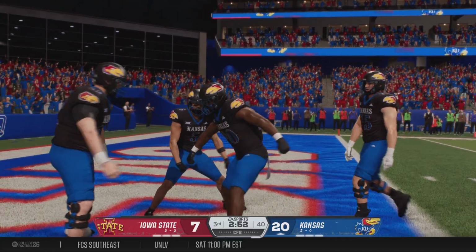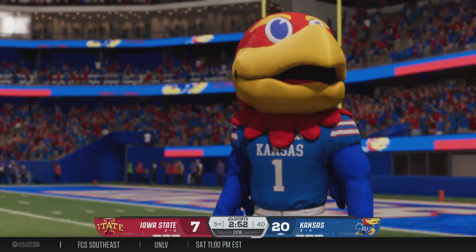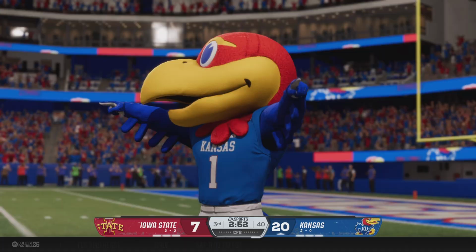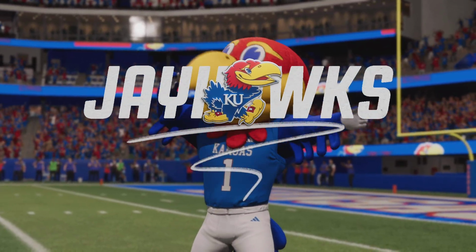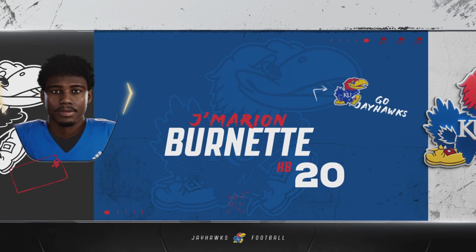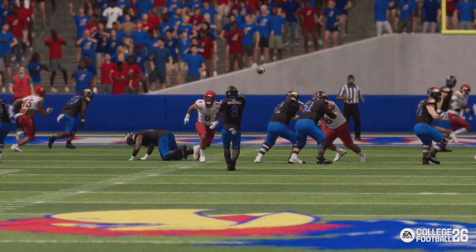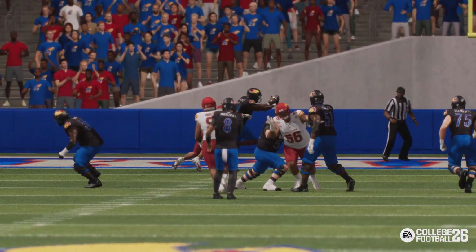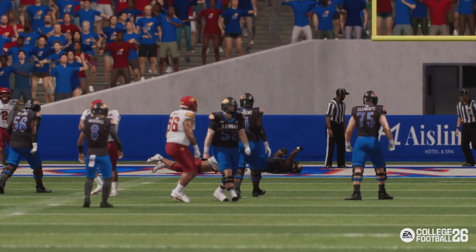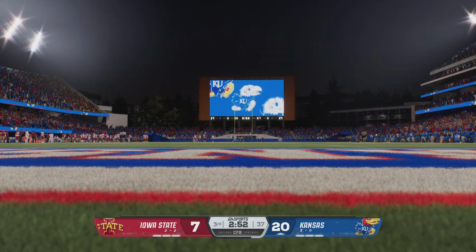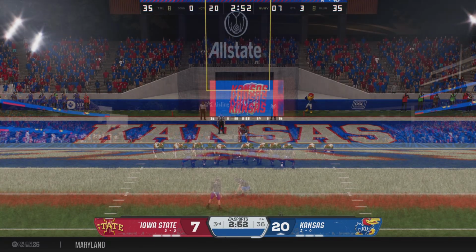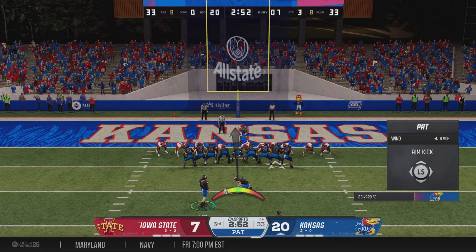Take a little exhale. You know, you did your job, you got points, now you put your defense in a position where, hey, go out and get another stop. We're in great shape, so the offense definitely taking care of their business. They'll try to add another to their lead.